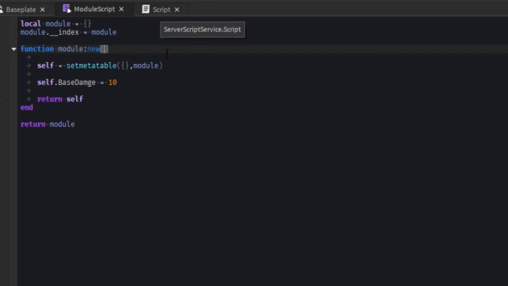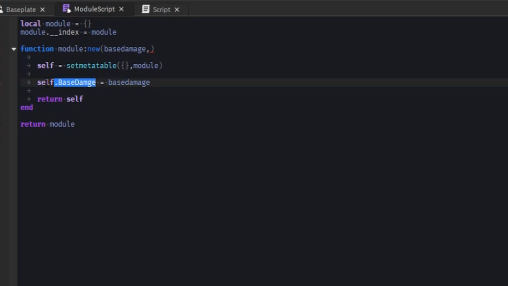Like vector3.new, you give it 3 different coordinate values for your position. Same thing for like cframe.new, right? So what we'll do is we'll make our first parameter base damage, which we will then set the object's damage to the passed base damage pretty much,